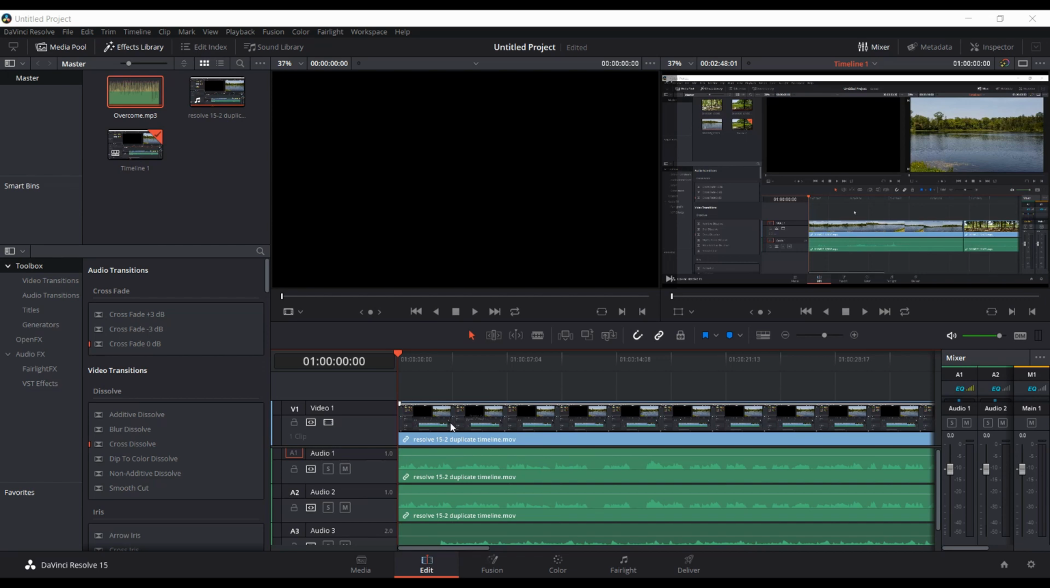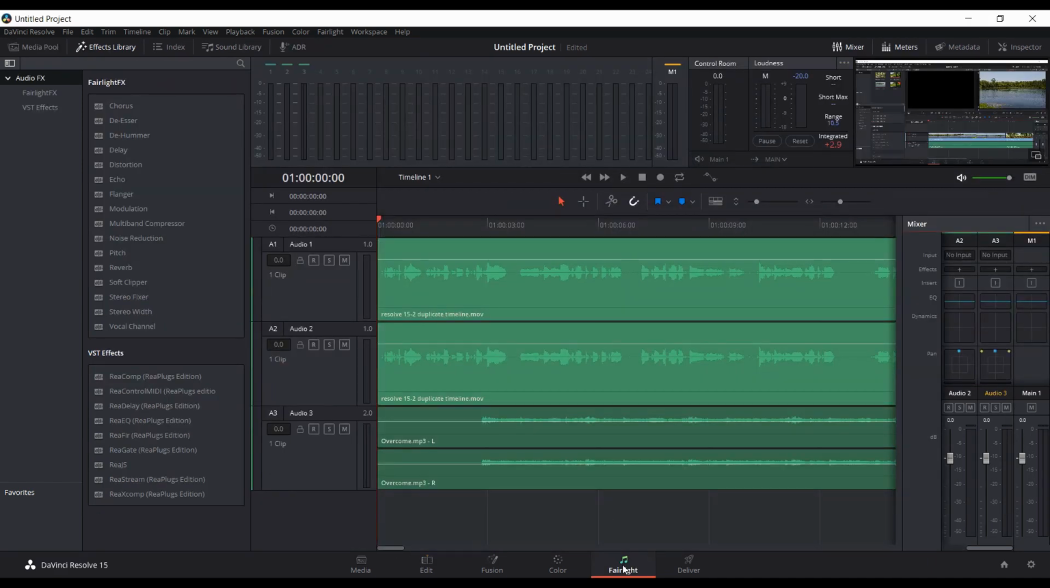So here I have a video with two audio tracks. You could also just have a stereo track. And then on the third track I have the music. So I'll basically see here, and it goes along and starts. So you basically come over to the Fairlight tab, click on that, and you can then adjust the